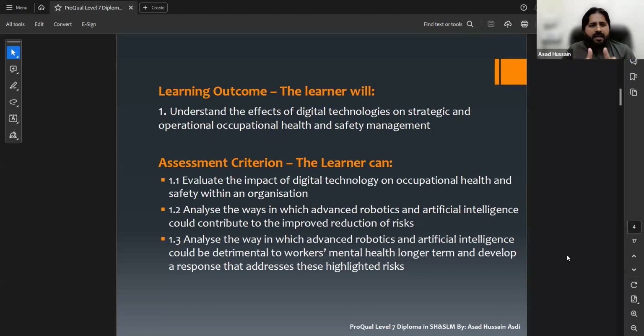But when it comes to the evidences, learners or candidates are facing issues in providing the evidences with regard to this. So do remember, when it comes to ProQual Level 7 Diploma, it is an RQF qualification. So it's better to provide evidences in accordance with each assessment criteria, but still there is a leverage there, that even if you can explain